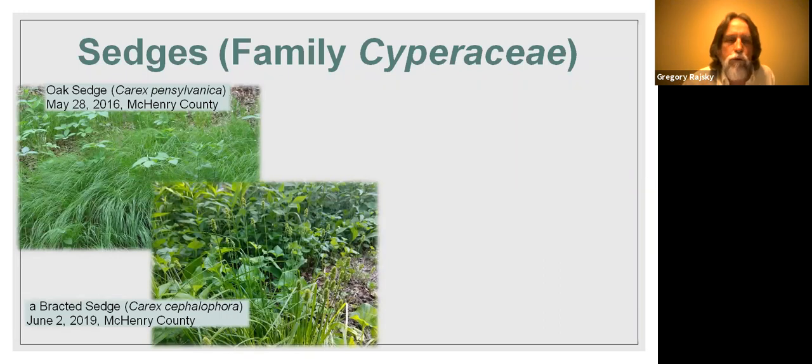The name was a little too long to fit in my label there, so I just called it abracted sedge. But Carex cephalophora, short-headed bracted sedge. It's indicative of our oak savannas and woodlands to a certain extent, from mesic to dry mesic environments. If you look closely, you can see on top of these